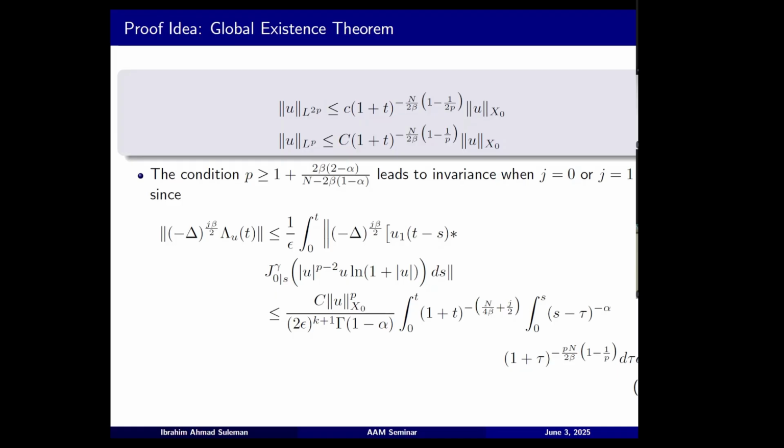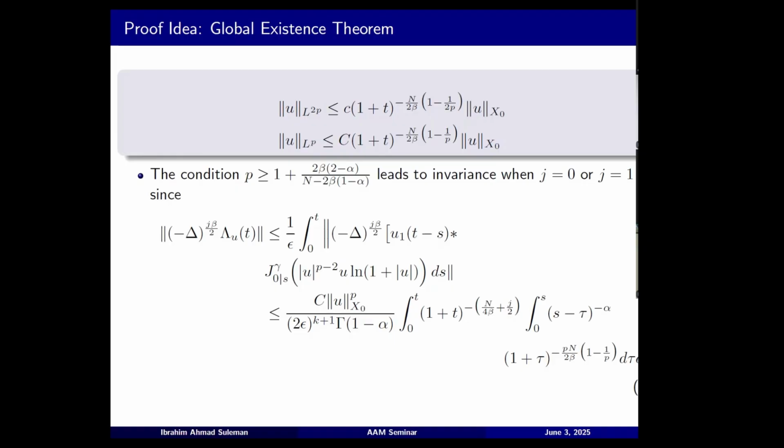So, as before, this is the operator. j is equal to 0 or 1. I'm handling u. It's the same for the derivative. You have this by the definition. Then the second inequality comes from the decay we have for the linear solution. And now this last inequality is actually a lemma in Fino's work and Dabbicco's work. So you have to just check the exponent, n over 4 beta plus j over 2 equals 1 or less than 1, and so forth, and just substitute. And the decay will come out exactly as we predicted in our problem.